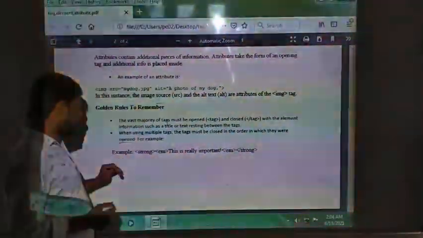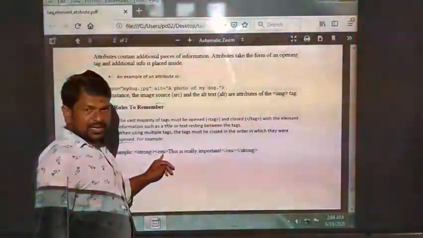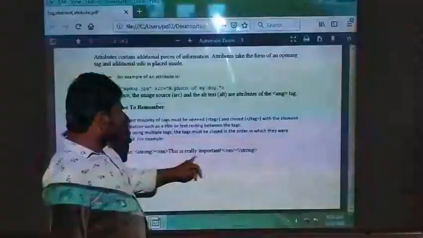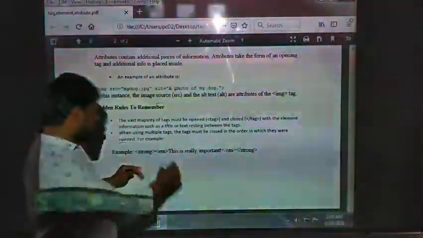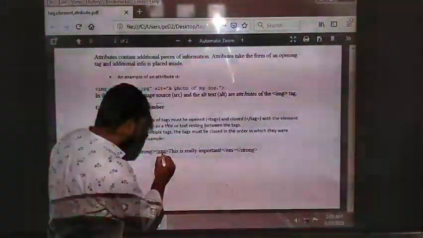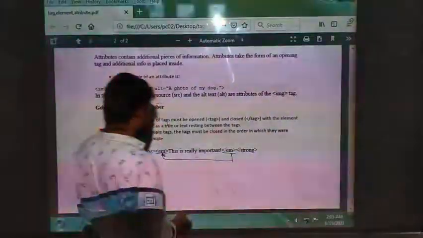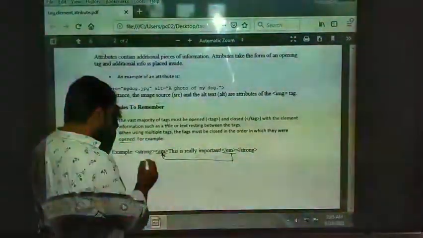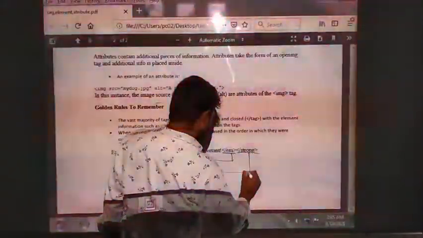Observe here. Strong is the opening tag. Inside it is one subtag. This is really important to remember. Just for your understanding, we have given one example. For EM, the closing tag is /EM. This is a closing tag. And for strong, this is a closing tag.